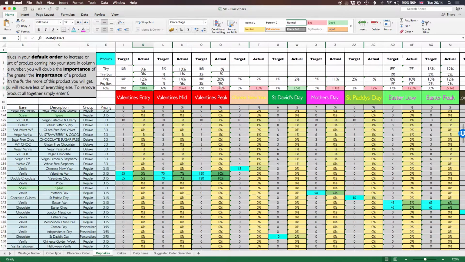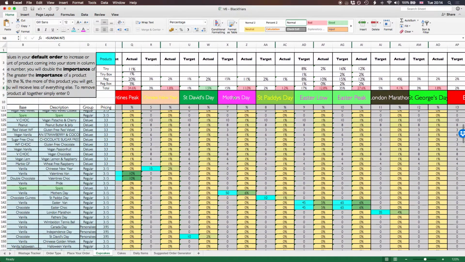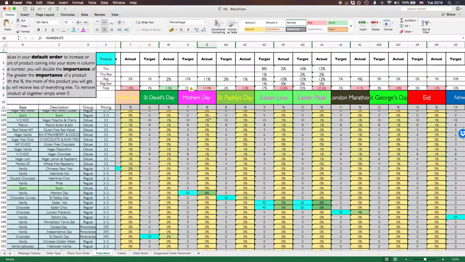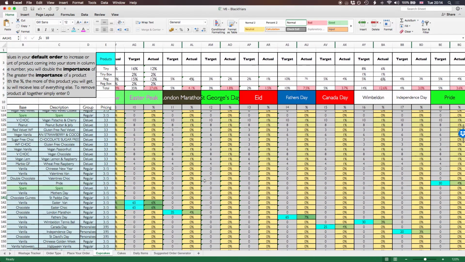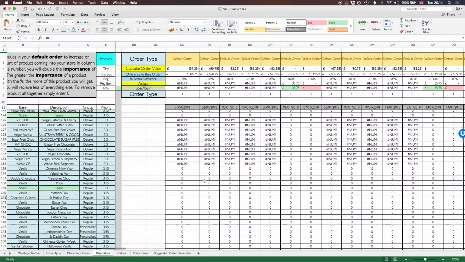It's certainly worth going through and making sure that all of these boxes are green, or that you're happy with exactly what's coming. If in previous years, Mother's Day, you didn't have enough product, go ahead and increase the actual well above what my suggestion is and my target. But in this column here, find the blue box, adjust the figures, and you will be able to adjust what's coming into your store. If I keep scrolling right to the end of all the seasonal events, I get to